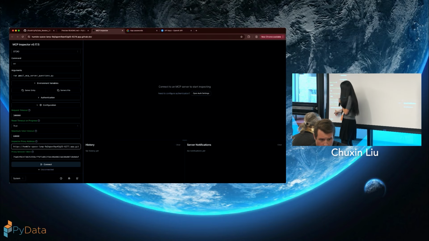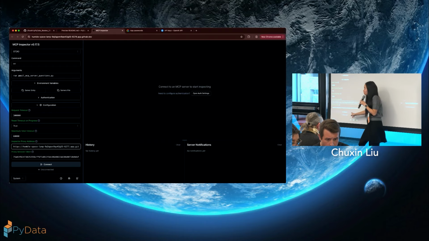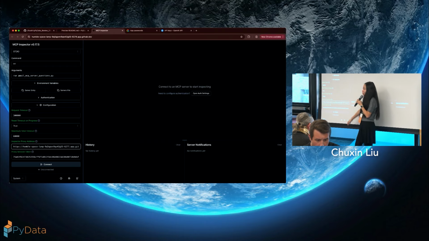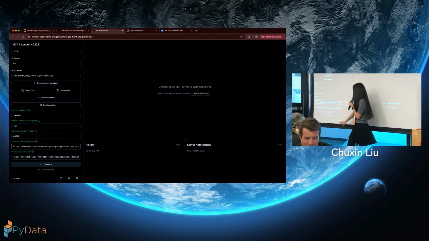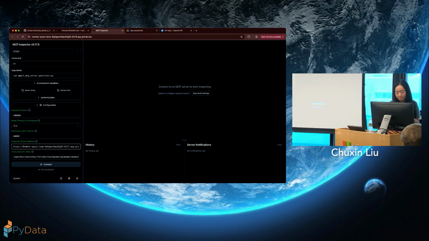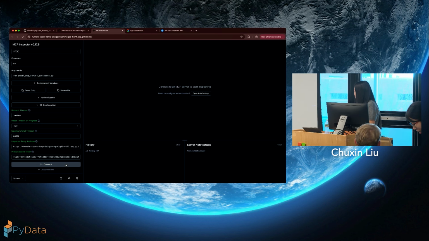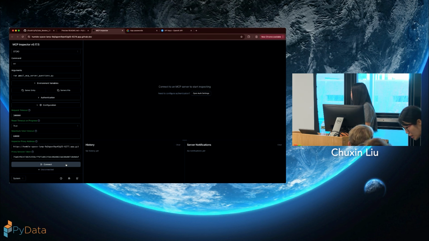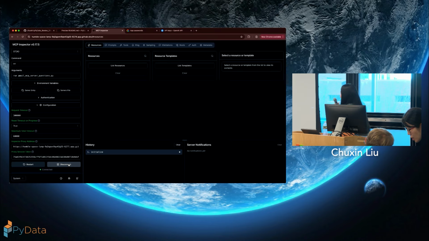And then the proxy session token is from your terminal. Okay, and then connect. Yes, it works.